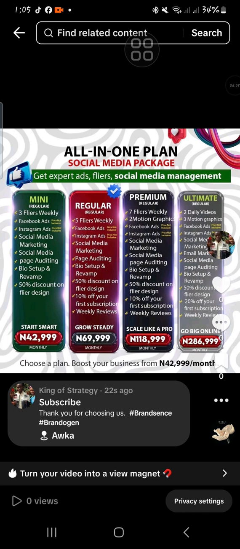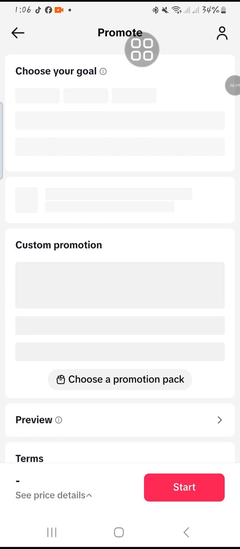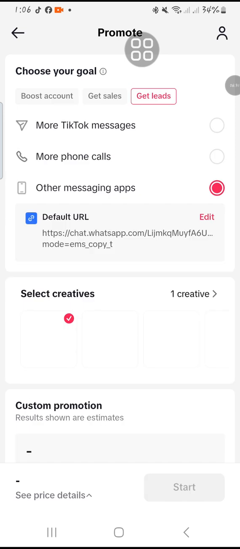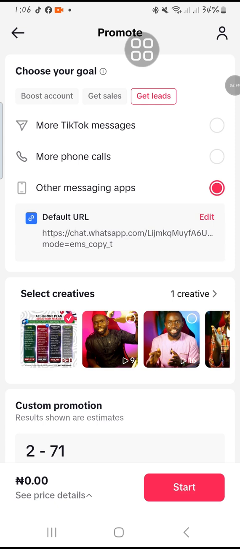Whenever you don't see this under your content, it simply means that TikTok doesn't allow it for promotion for one reason or the other, maybe because of the nature of the content or some other reasons. So I won't encourage you even to click on this. If you click on it, by the way, it's going to take you to the place where you're going to start setting up your TikTok ad. Like you can see here, it says promote. But for the sake of this video, I will show you a better way to do that. So we're going to go back